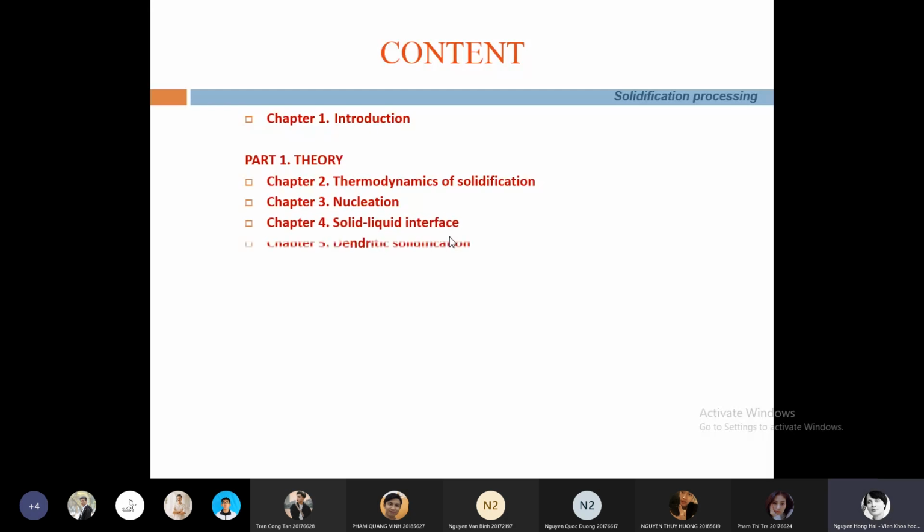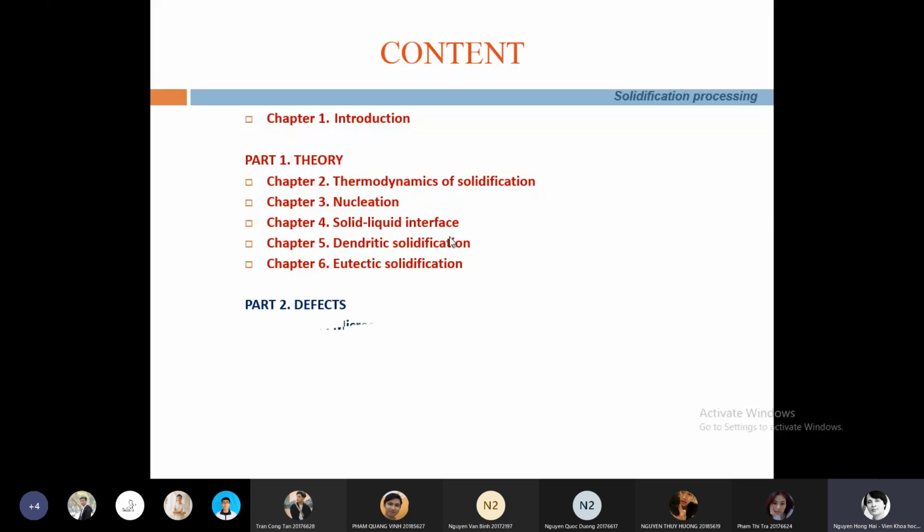Okay. And dendritic solidification, chapter 5, and chapter 6, eutectic solidification. So this is the end of part 1, theory, and then part 2, the defects. These are defects related to the solidification processes,